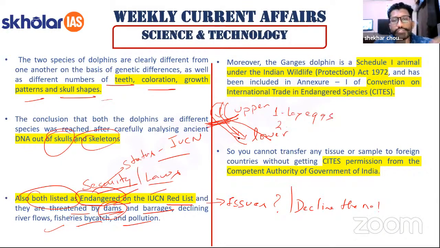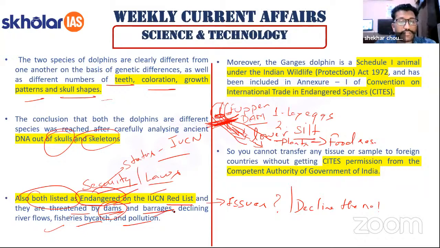Or some of the species which live in the downstream area may have their food which is found in the upper stream, and with the flow it comes down. But after the construction of a barrage or a dam, this natural flow stops. There is also a stoppage of silt, which stops in the upper reaches beyond the dam, and this silt may be very useful for the growth of some plants which may be a food resource for many species. So this is how dams and barrages affect them.